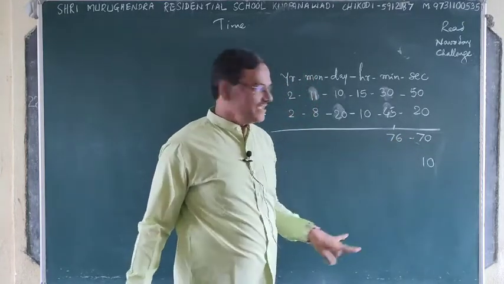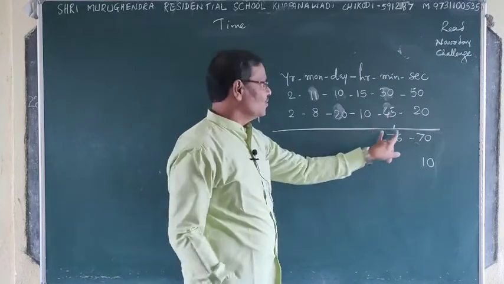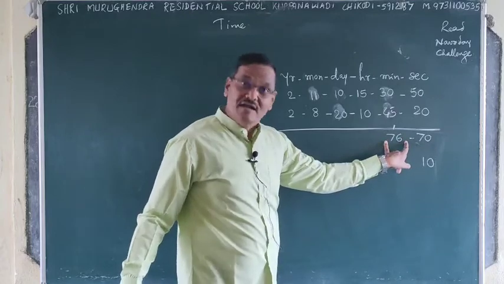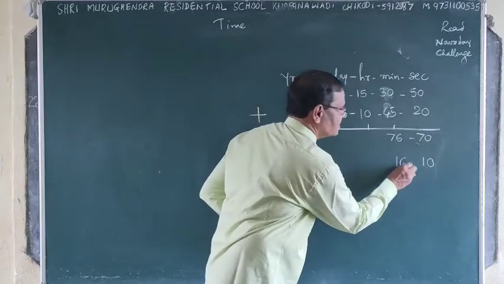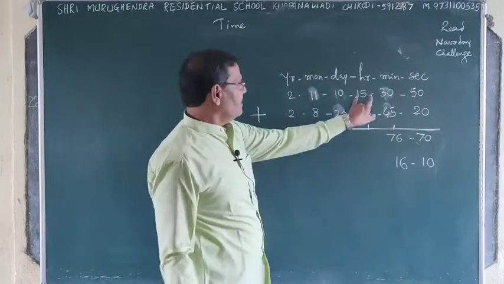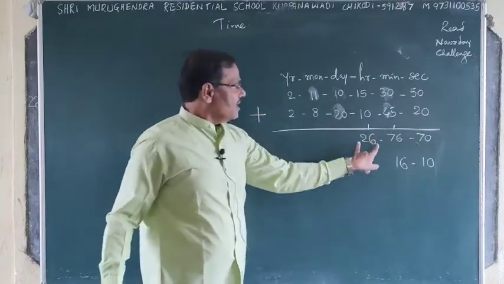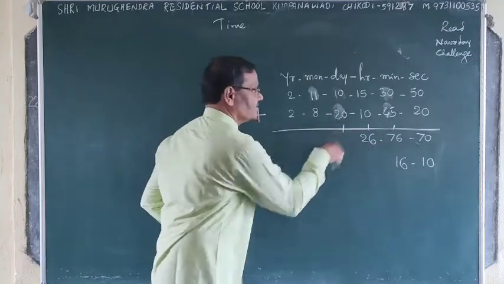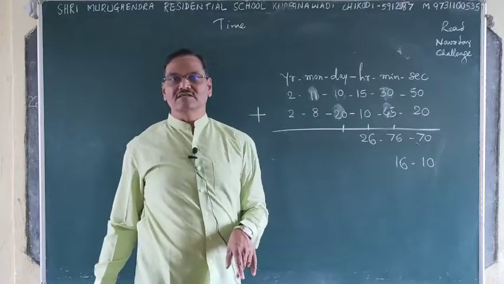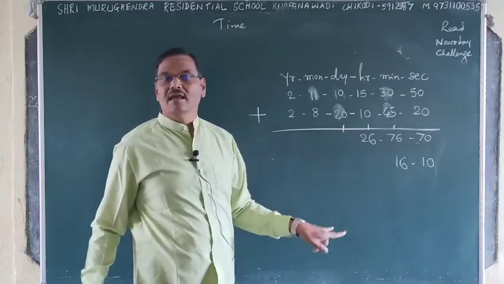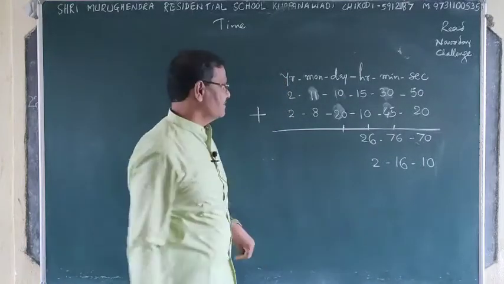Whereas here also the same thing, 60 minutes make 1 hour. So 60 is 1 unit; you have to take it and carry it here, and what remained is 16. Then here 15, 25, 26 it is. 24 hours make 1 day. So 24 is 1 unit I took from this and gave to the day column. And what remained in hours here is 2 hours.